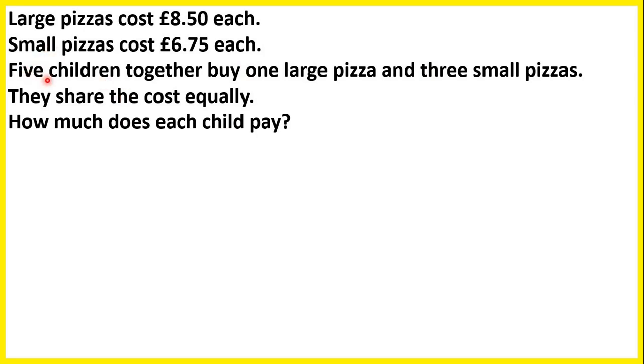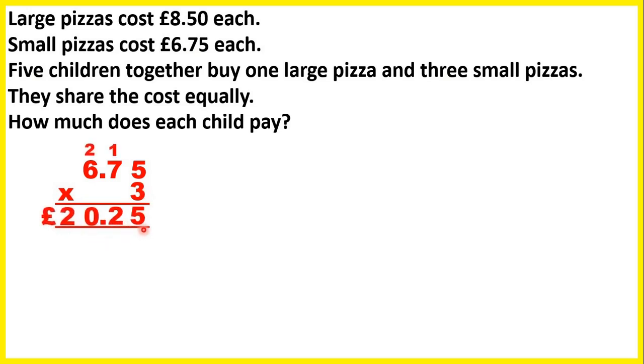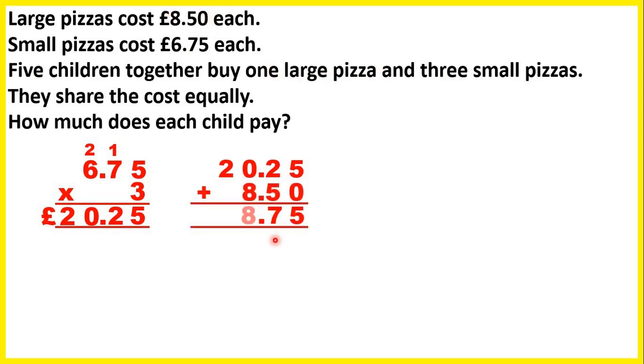So divide by 5. So let's work out the cost of 3 small pizzas. So that's £6.75 times 3. That gives us £20.25. And if we add the cost of 1 large pizza, so add £8.50, that gives us a total cost of £28.75. They share the cost equally, and there are 5 children, so we need to divide